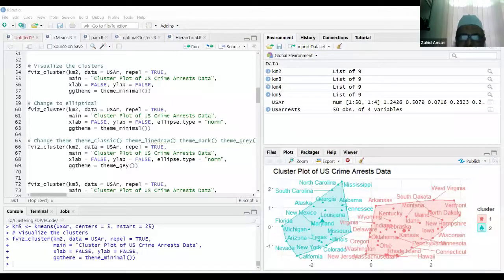So this shows that the crimes in these states have a similar pattern, and the crimes in these states have similar patterns. And here we have specified k equal to 2. So good enough, and it's easy also.